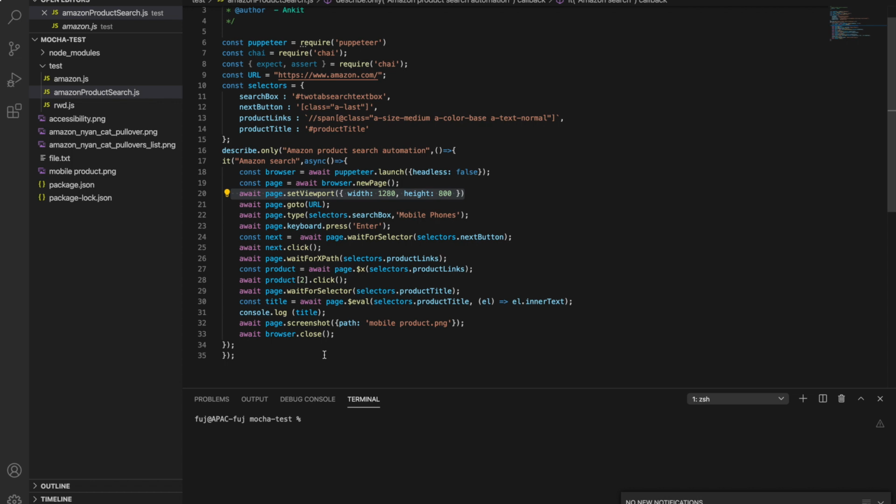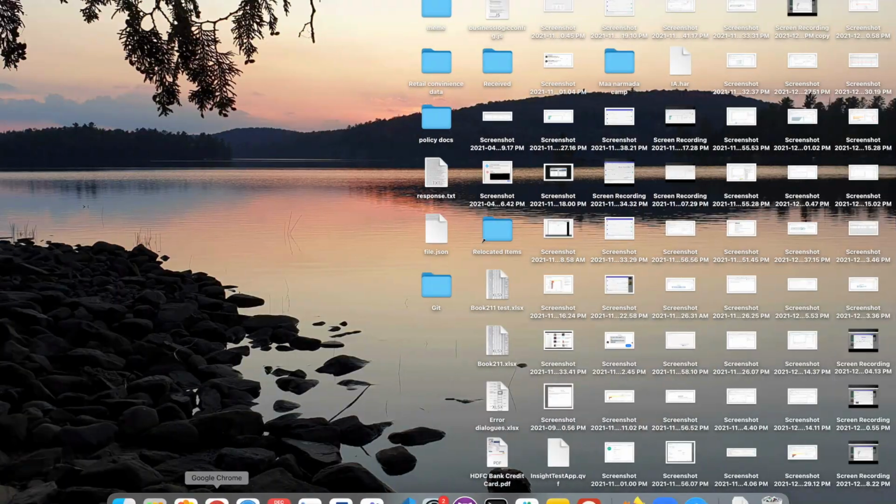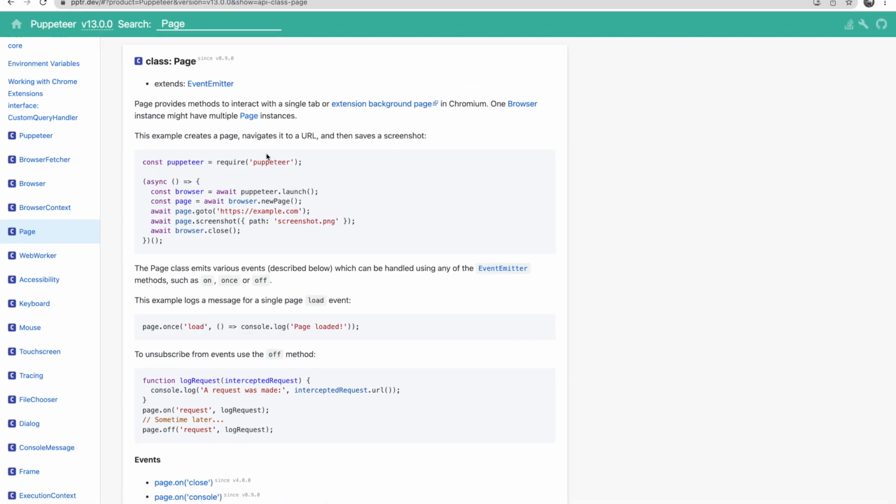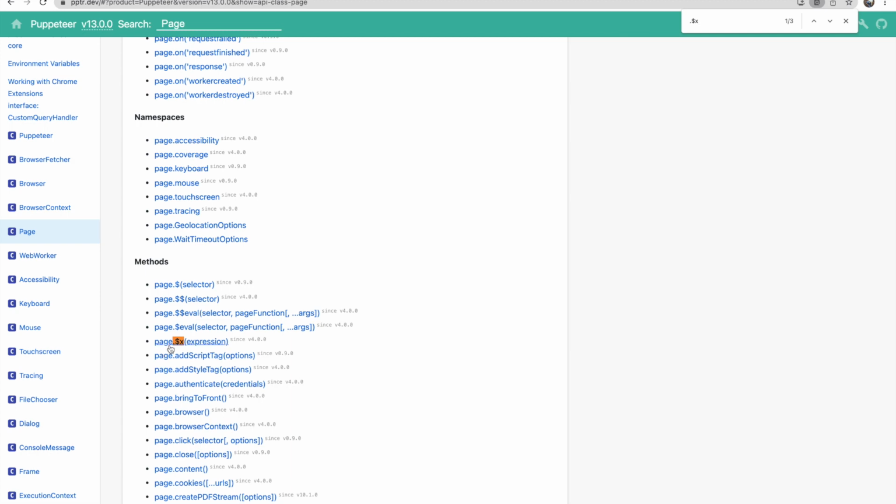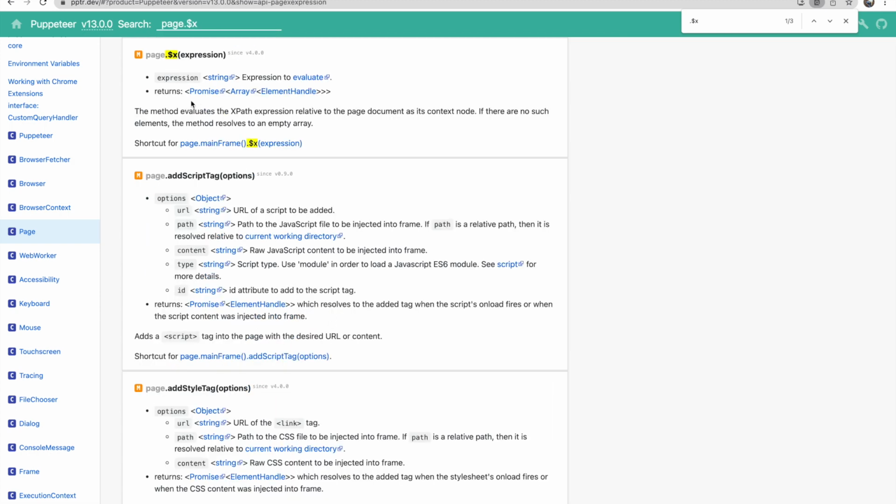So Puppeteer provides two different APIs to evaluate XPath. When you go to the page class and see $x, we have this one. We have already used this in our previous videos, where I wrote the Amazon product search automation.